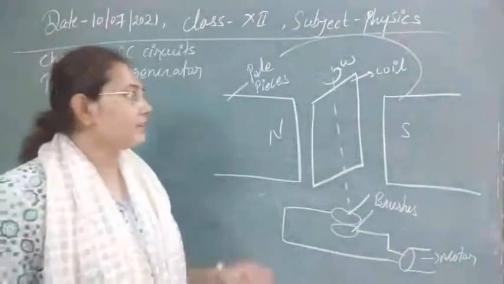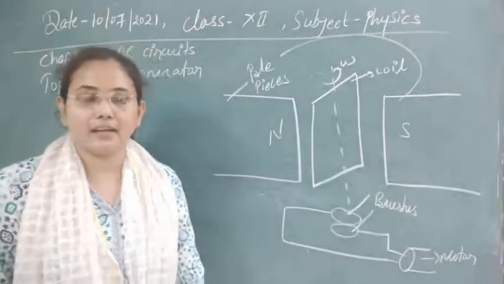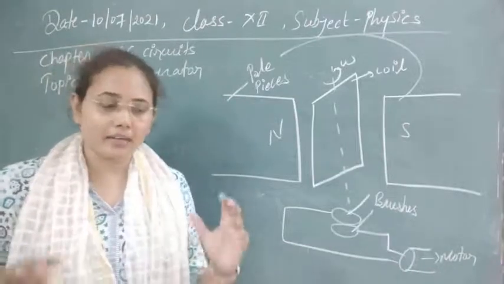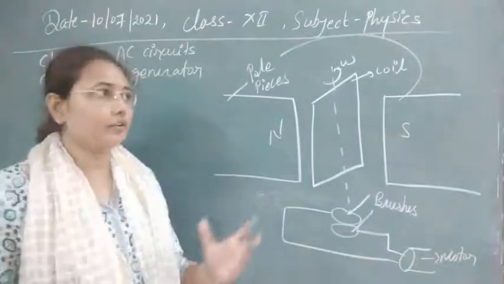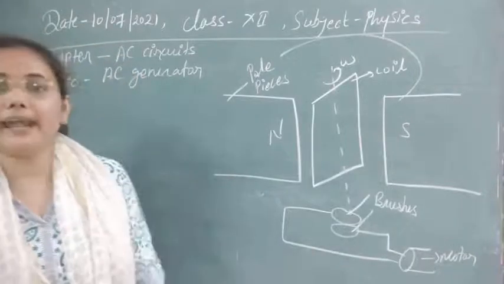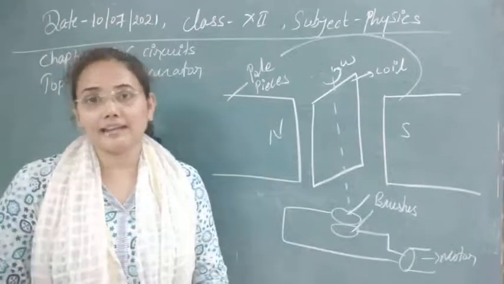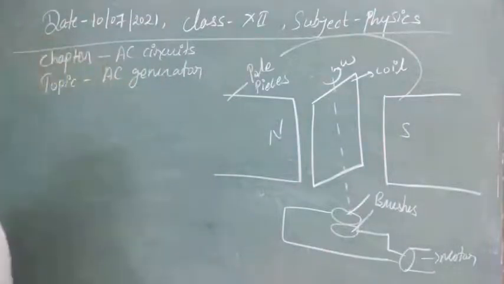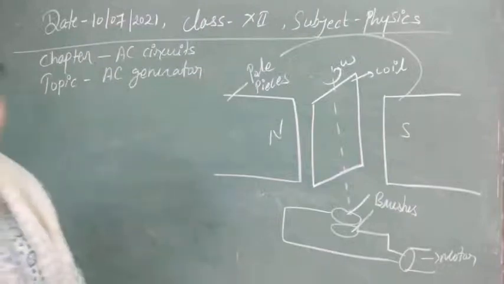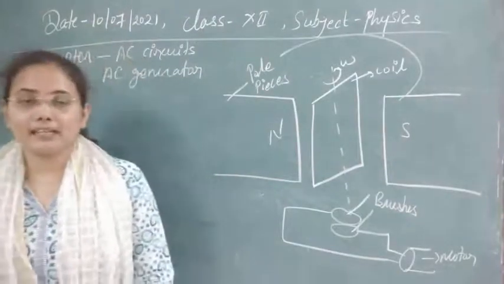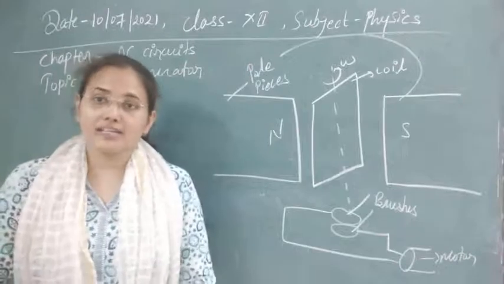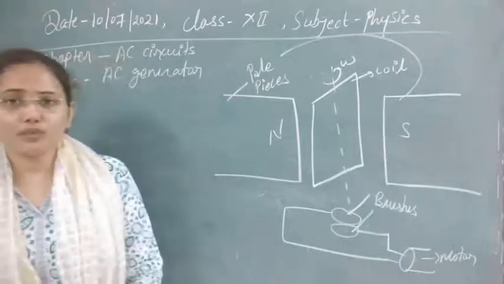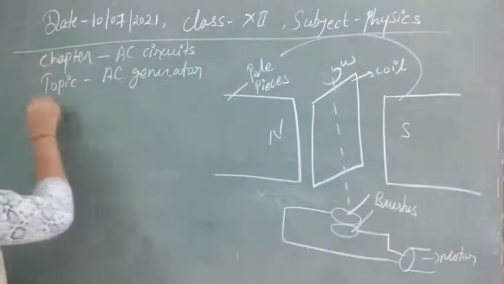So students, after the construction of the AC generator, let's see what is the theory behind the working of the AC generator. Why did we think about this, and how did we create this kind of device that can convert mechanical energy into electrical energy? The simple answer lies in electromagnetic induction, where we have studied the generation of current, and I have already told you a number of applications. So for this case, let's see its theory first.